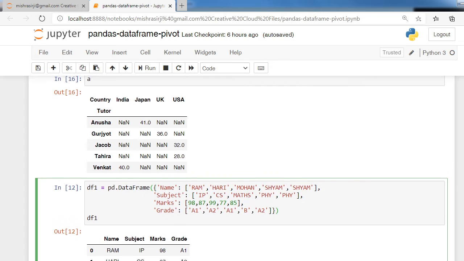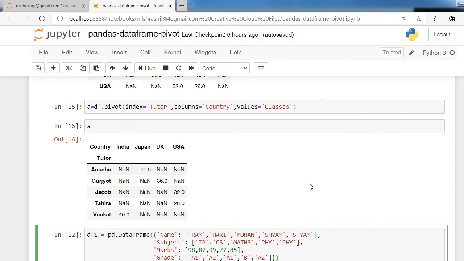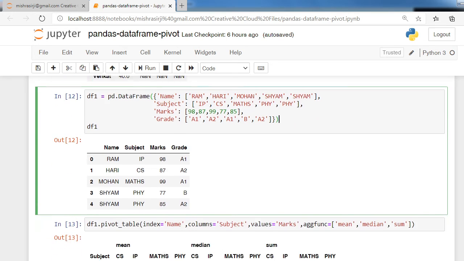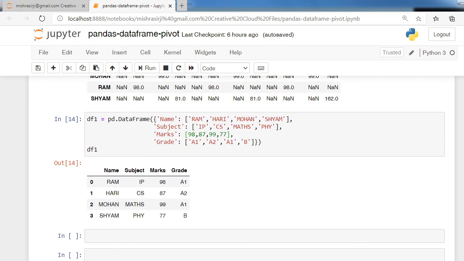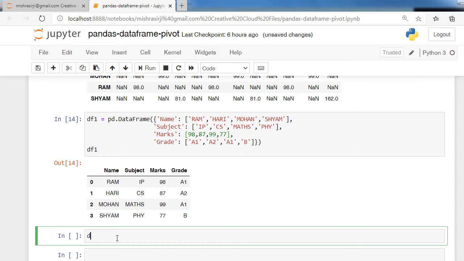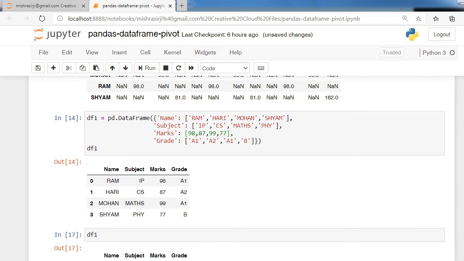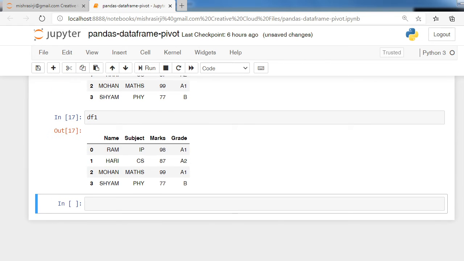so in this pivot function there are 3 parameters and two parameters must be written. You can see we have one more data frame which has three columns, its name is df1. Two parameters should be given when we write the pivot function, df1 dot pivot.